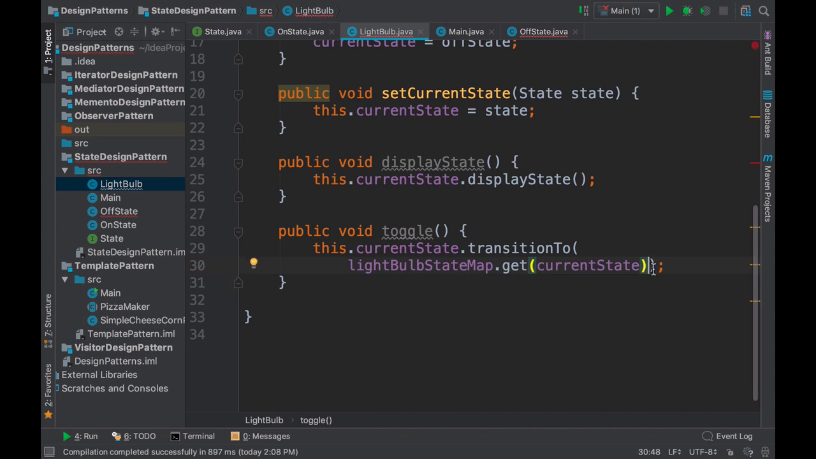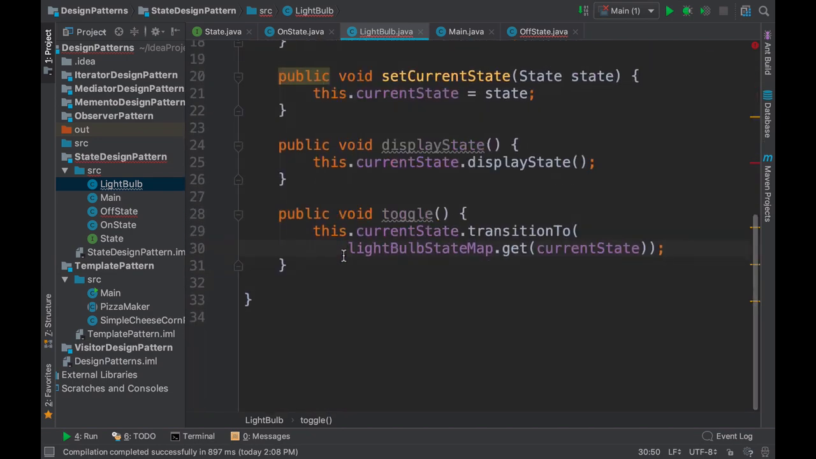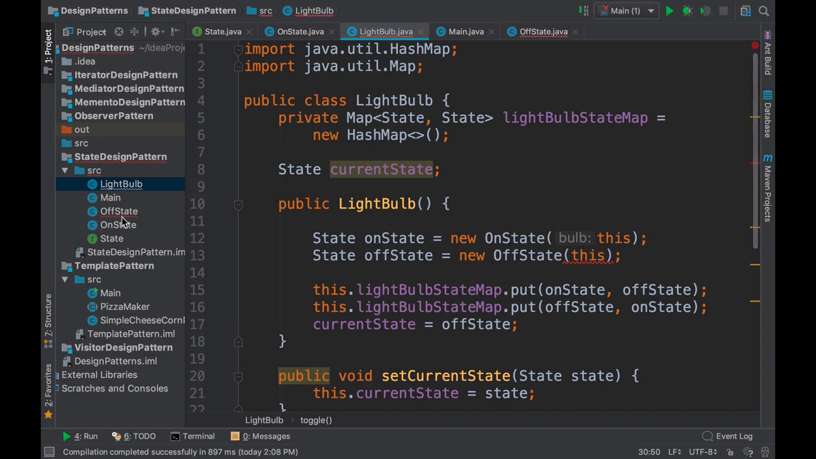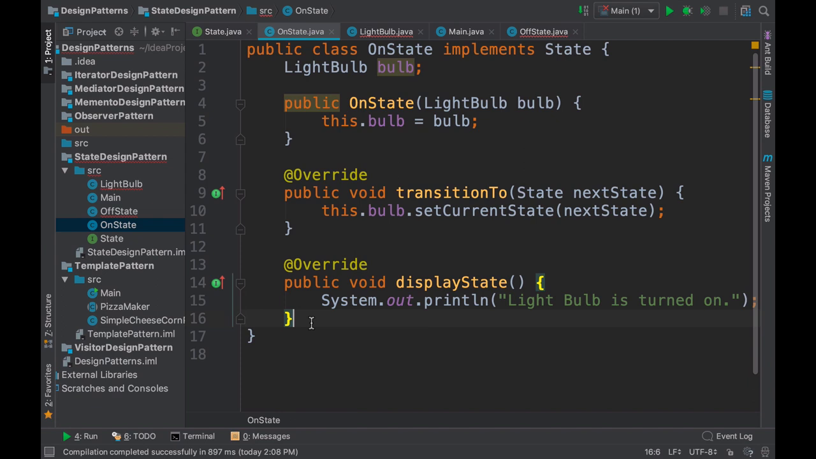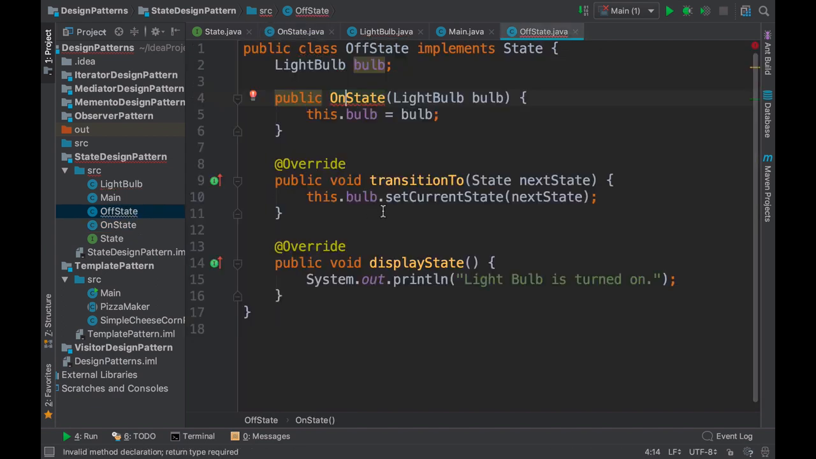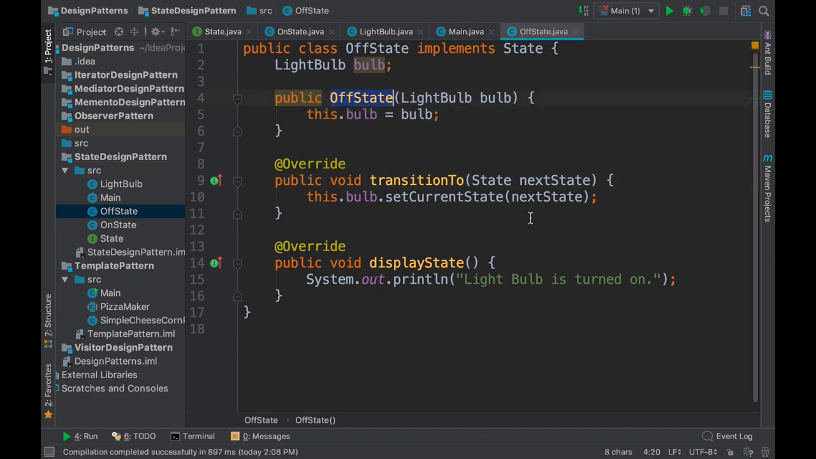And this will return the next state which we can transition to. So this is what we have to do with this light bulb. Now let's quickly go ahead and, in our off state method, define all this method. So this off state will also be similar to on state. So let me copy all these things, and instead of on state, we'll just rename everything to off state. So where the light bulb is turned on, here the light bulb will be turned off, and that's it. So this is the setup for this